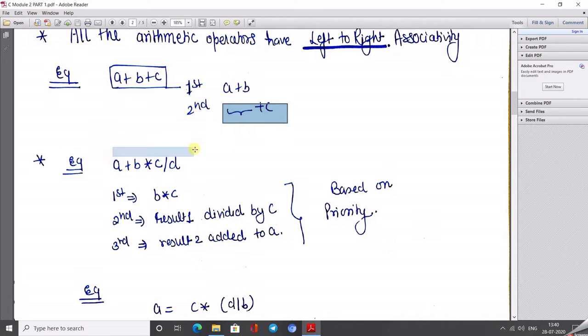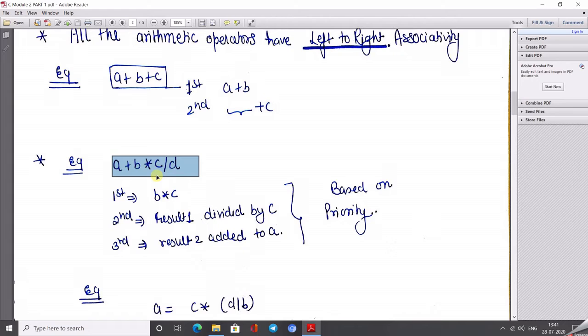Similarly, we take another example, A plus B multiply C divide by D. What exactly do we perform first? We compare plus, star and division. We see that star and division have equal priority at the highest level and plus has the second highest level. So plus will be performed after the multiplication and division.